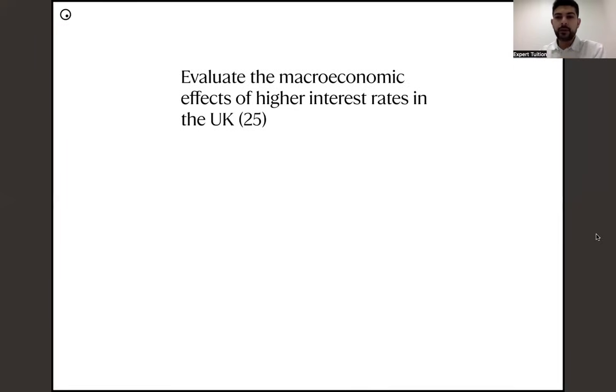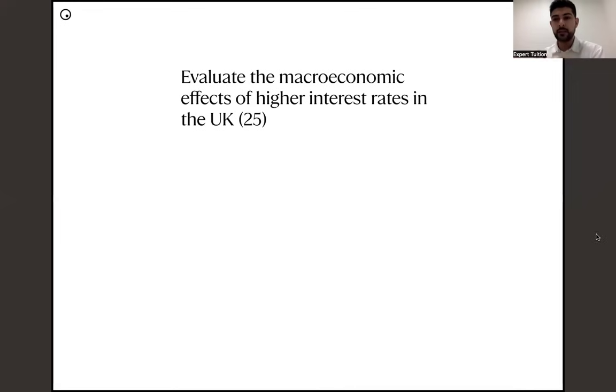Okay, so today I wanted to walk you through a made up 25 marker, fairly realistic in terms of the kind of things that typically are examined. So the question is, evaluate the macroeconomic effects of higher interest rates in the UK. So if you've ever done an interest rate question or a monetary policy question in the past, you'd recognize